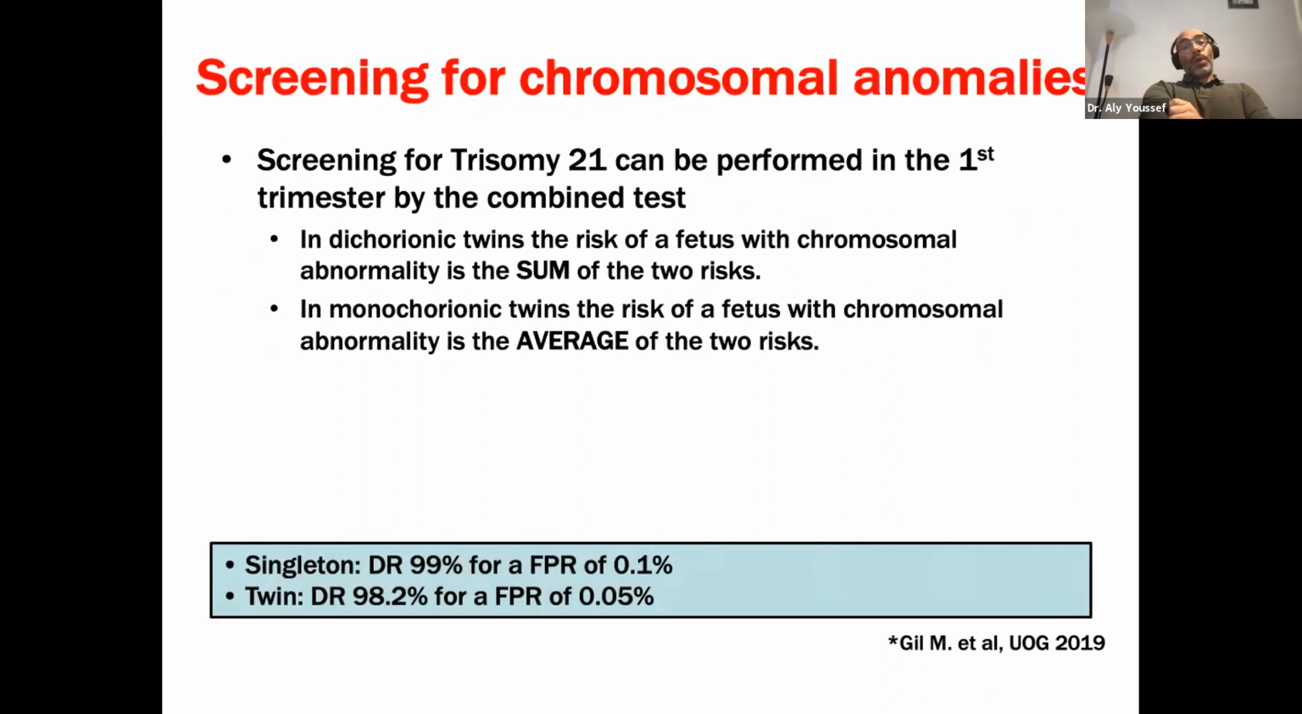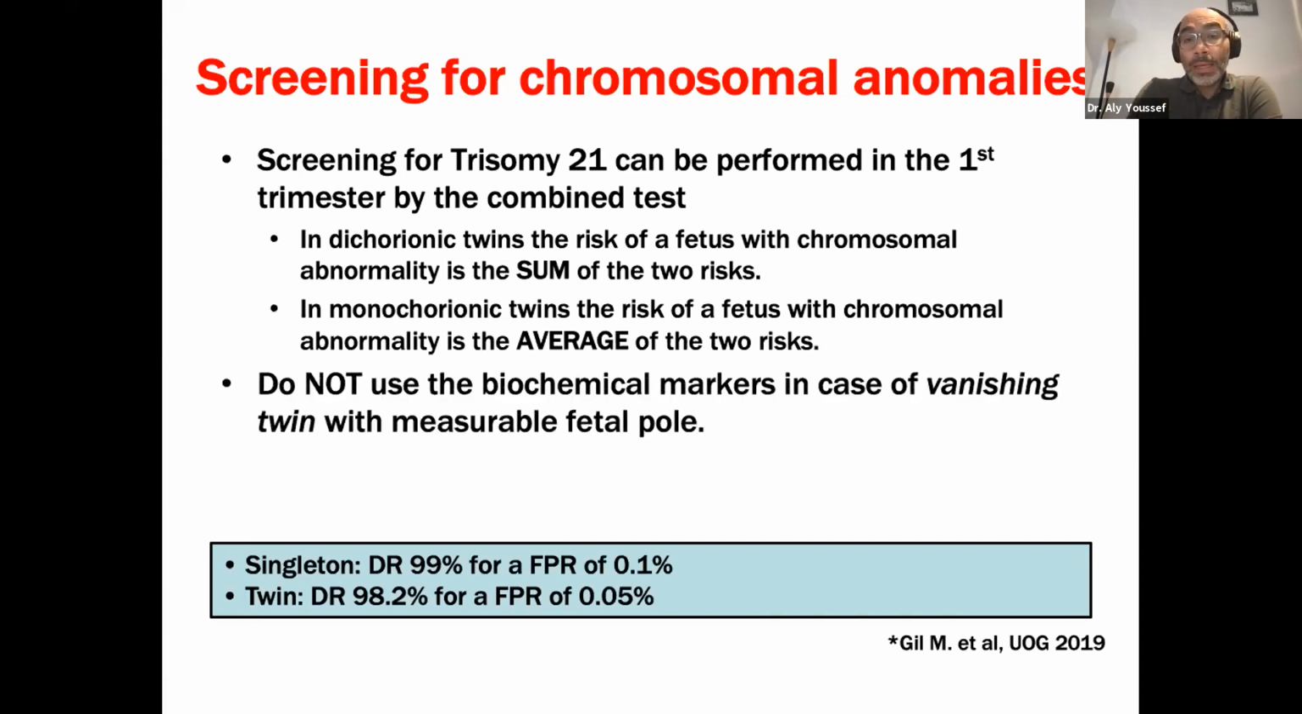One of the relevant questions to the management of twin pregnancies is how can we screen for chromosomal abnormalities? Okay, so the combined test, nuchal translucency with PAPP-A and beta hCG with the maternal characteristics, can be used in the first trimester to screen for chromosomal abnormalities in twin pregnancies. Some studies have demonstrated that the accuracy of the combined test is slightly lower in twin pregnancies in comparison with a singleton